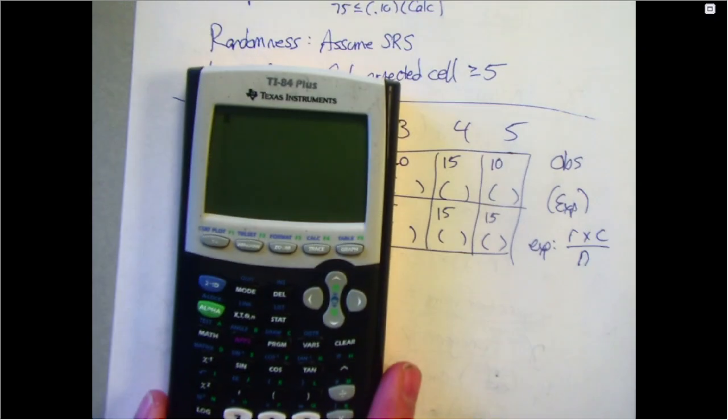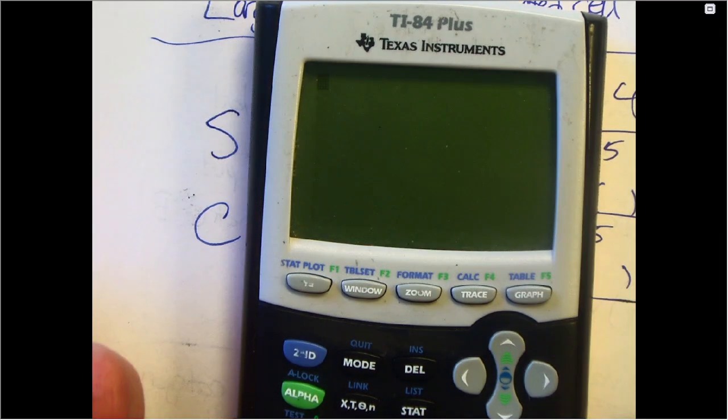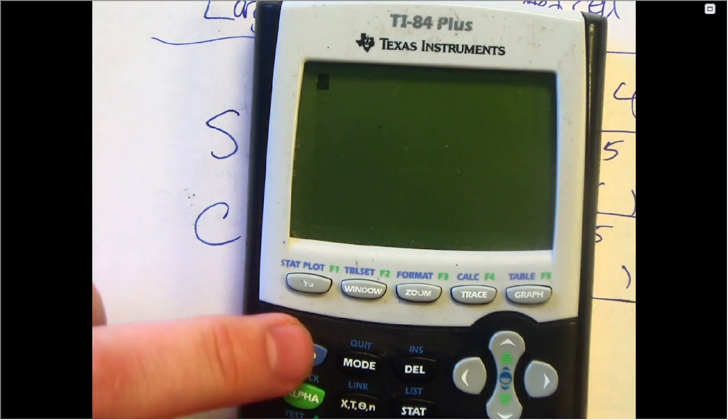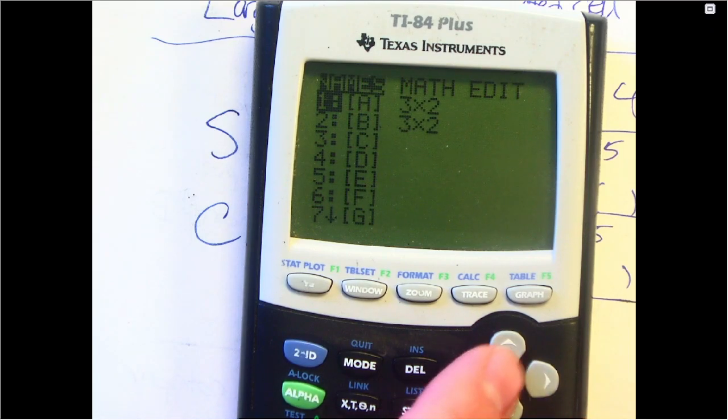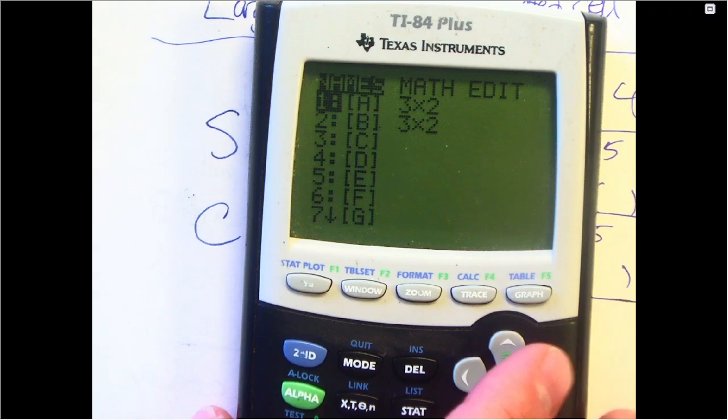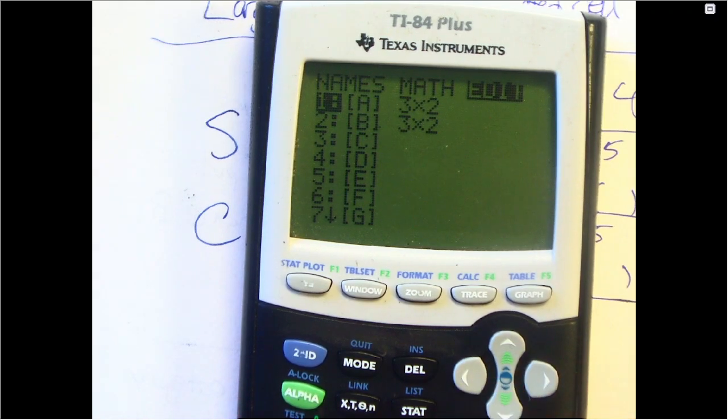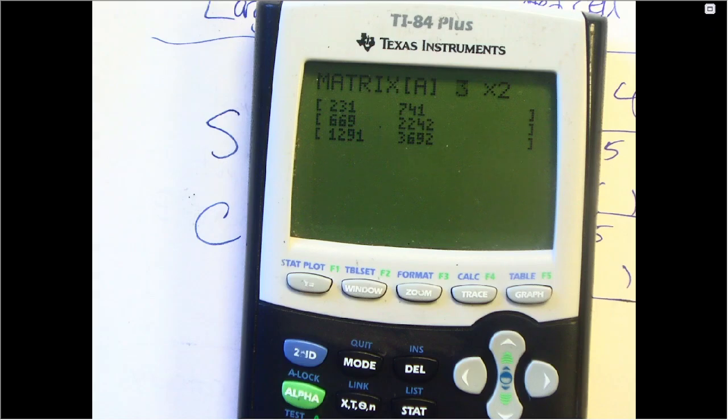So remember we used the matrix? The matrix is the x to the -1 button, but it's like the shift. So you hit second and then x to the negative first. We're gonna edit matrix A, run through the calculations, and it's gonna pop out and tell us what matrix B is. So matrix A is not a 3x2 anymore. It is a